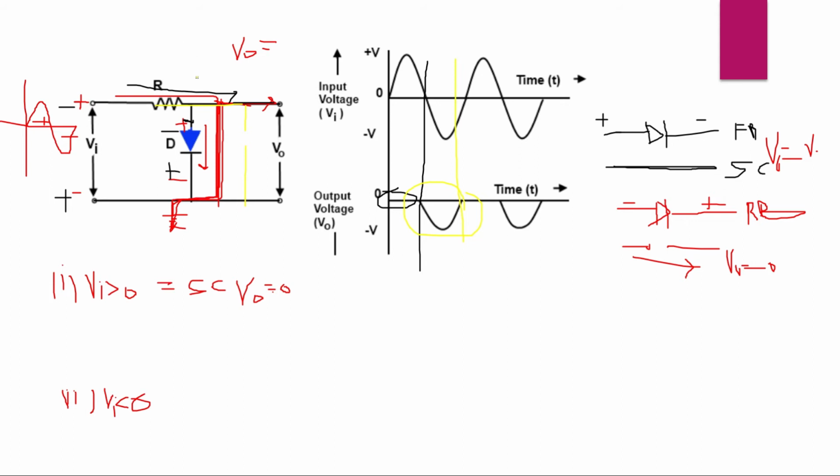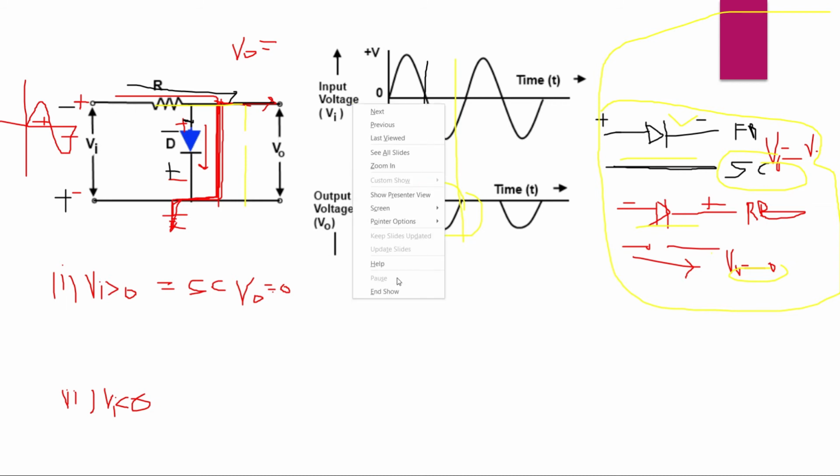We will better understand it in the Multisim software. Let's go to Multisim software. You should understand this well and have more confidence. When forward biased, what is the state? It is in short circuit mode. In reverse bias, it is in open circuit mode. So it offers infinity in one case and zero in the other. You should understand these things and remember them, then only will you better understand everything. Okay, let's go to Multisim.